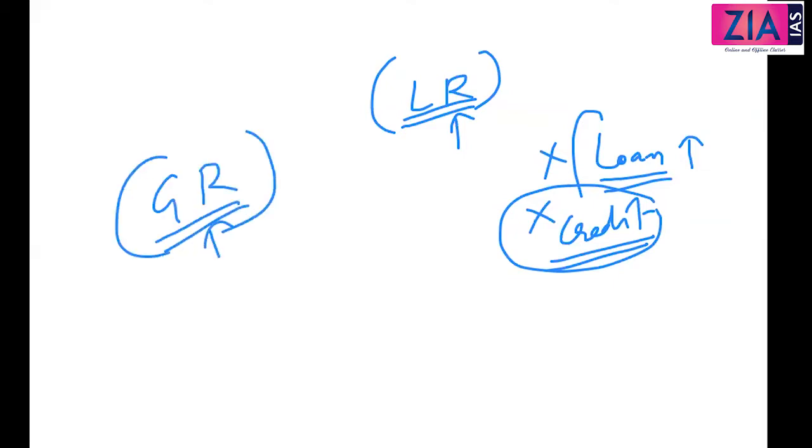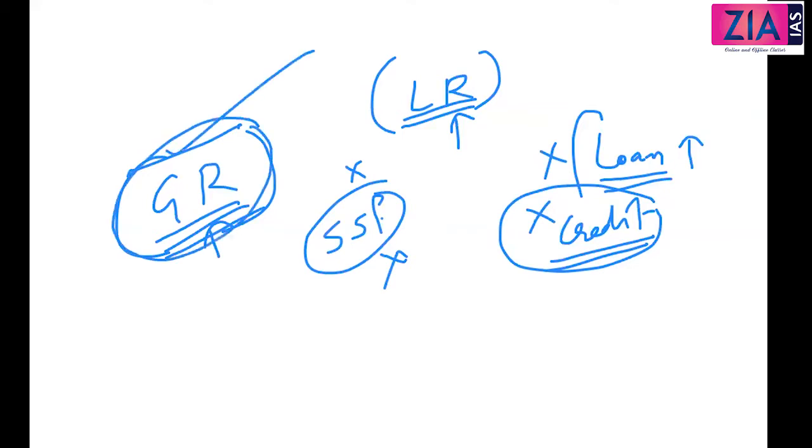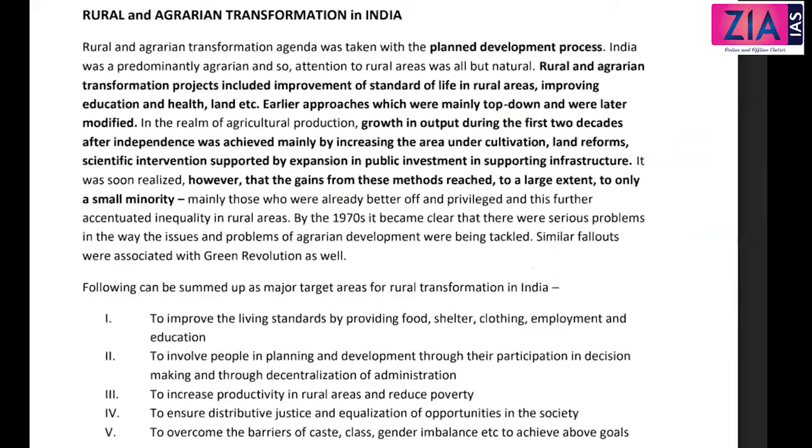Now what is the concept of green revolution? This is all related to large scale. If you need to make a profit out of it, you need large scale land, irrigation, fertilizers, HYV seeds and everything. Do you think the small scale farmers can survive? No, they cannot, because even if they produce, their products will not be competitive in the market, because these guys are producing on a large scale using economies of scale, and they can come up with huge quantity. So you cannot survive, and you will automatically sell the land. So who got the benefit in the beginning? This already better off section actually got the benefit of the initial reforms. That's what this part means.